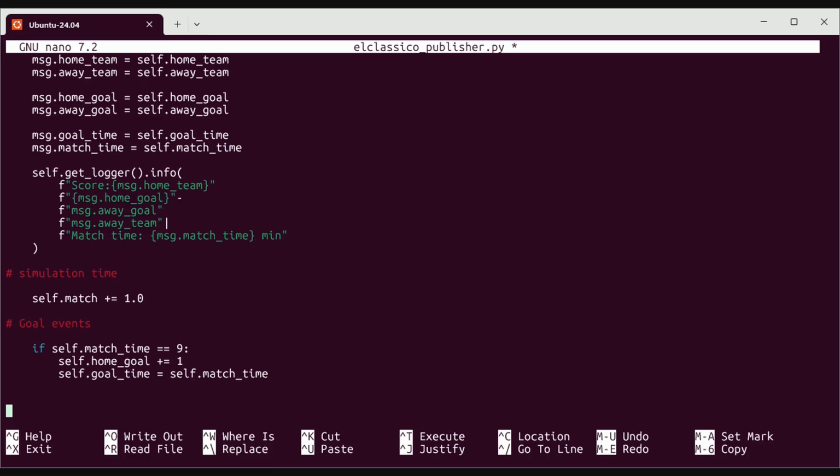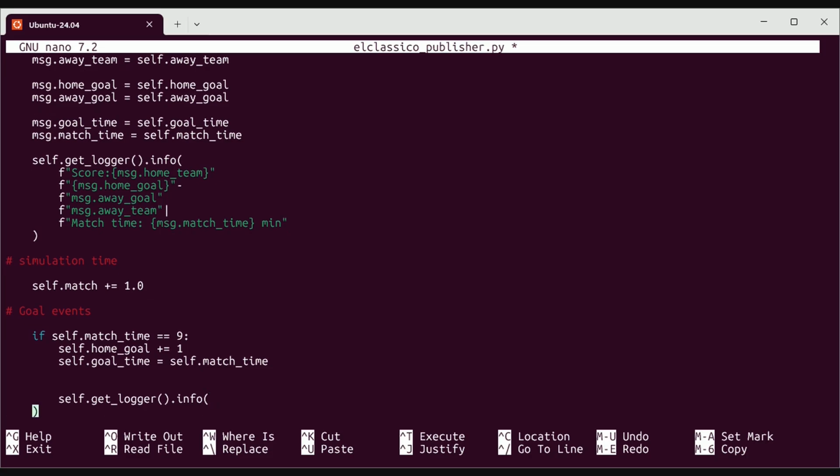And if you want to print it, so how do we print it? Self dot get logger. I think you may have already memorized this by now. Self dot get logger bracket dot info, and inside this info we write our message. So what we need to write over here is, if we are talking about Real Madrid as home team, we can define our message like this: